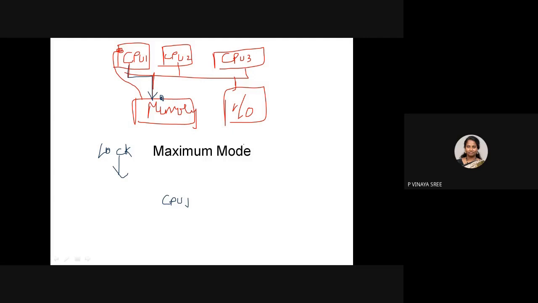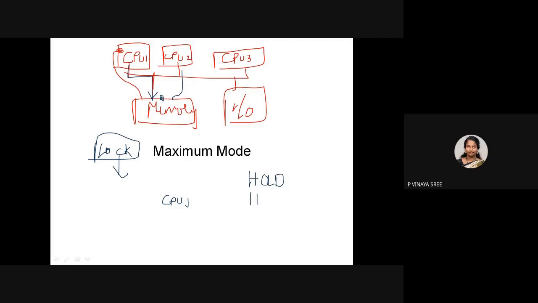In a similar way, here lock indicates that whenever a processor is utilizing the system bus for accessing the memory, it keeps a lock, so that the other processors know that some processor is using the system bus, and after completing its work, it releases the lock. Soon after the lock is released, the other processor sees it and can use the bus for accessing the data.